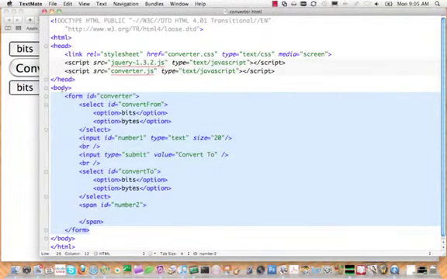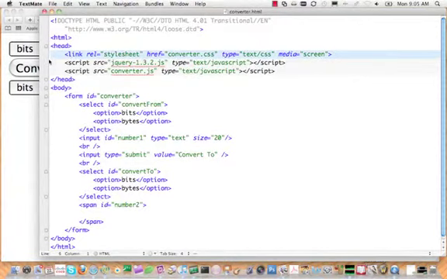So here's the HTML and a few things to explain. Here we have the external CSS that you're going to be using to style this particular web page. Here we have jQuery, the external JavaScript jQuery. Now this is going to be an important part of this web page, but you don't necessarily need to understand everything about jQuery right now. Just know that it's a very good thing that you should look into, and it's what we'll use to do unobtrusive JavaScript. Better look that up. Unobtrusive JavaScript. It's a good thing. And here's our own external JavaScript where you're going to do most of your work to do the